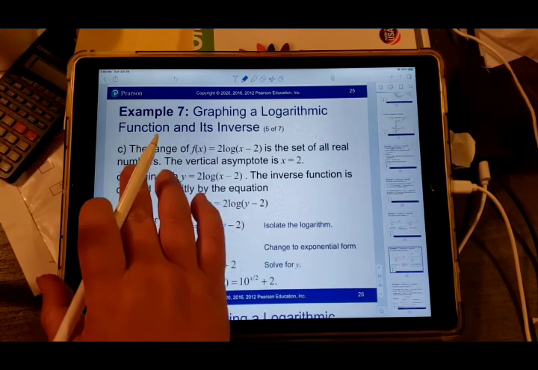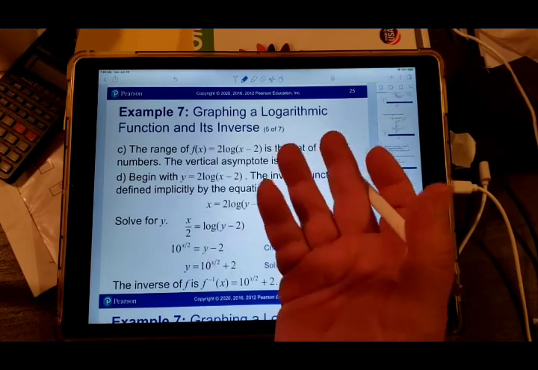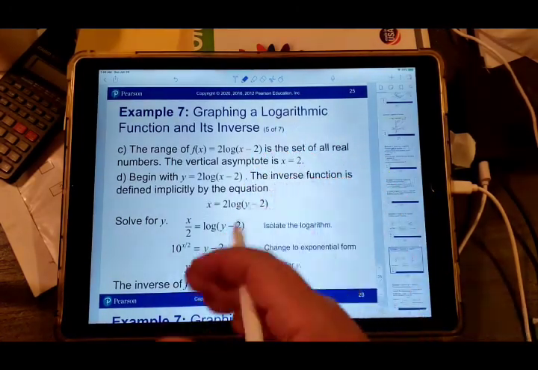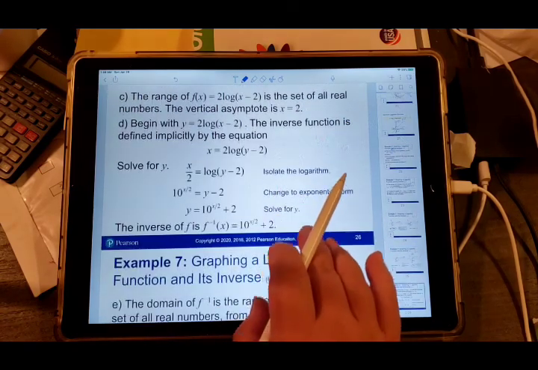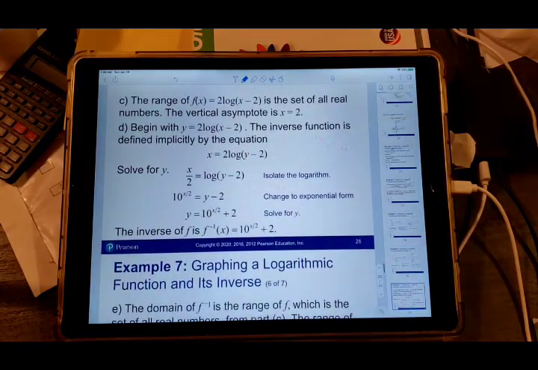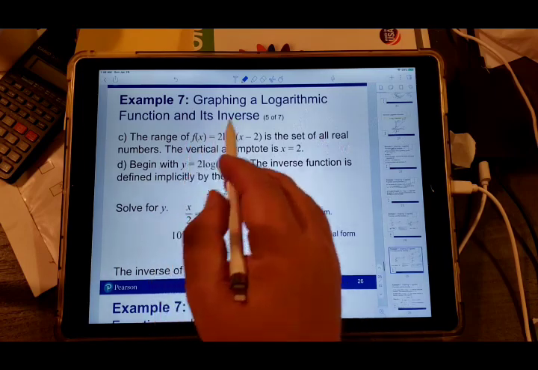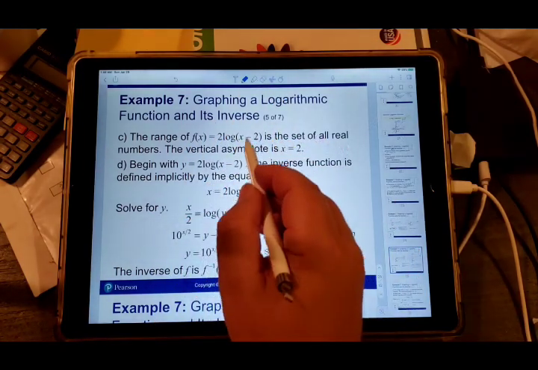What are they asking here? Find the range. Well, the range, the domain and range of this. No, they're finding the inverse. Okay, I see. So now to find the inverse,